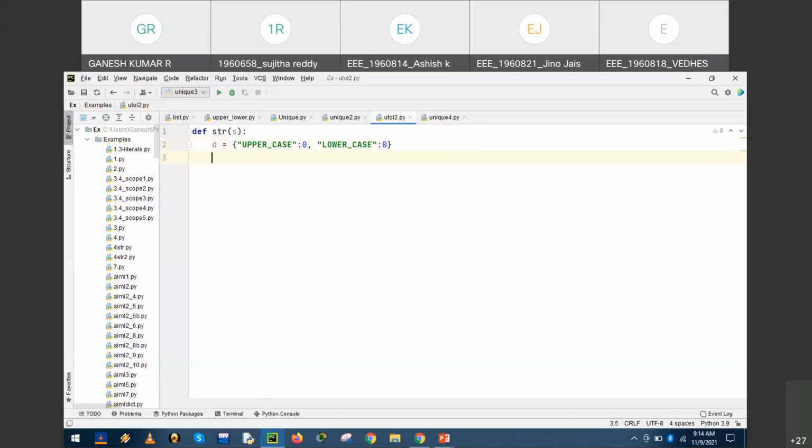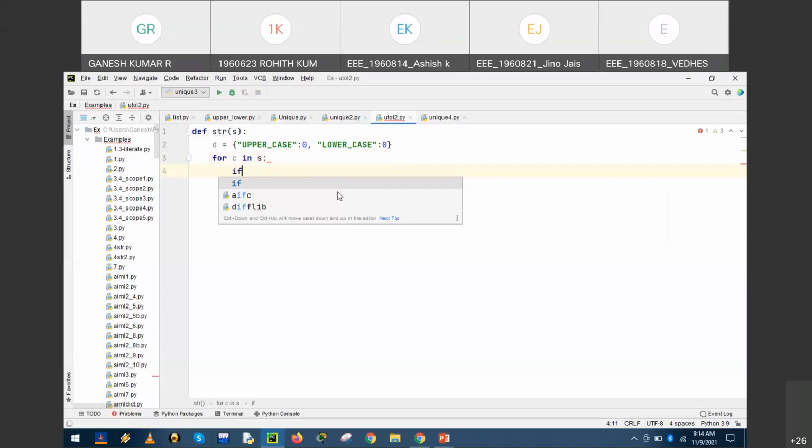Okay. Next step, the loop. We need to scan the string from the first character till the last character. So for a control variable, it could be i or c. Let us assume c in the string. The string here is S. S is the parameter which is collected from the calling function, right? So for c in S: and check whether it is upper or lower.